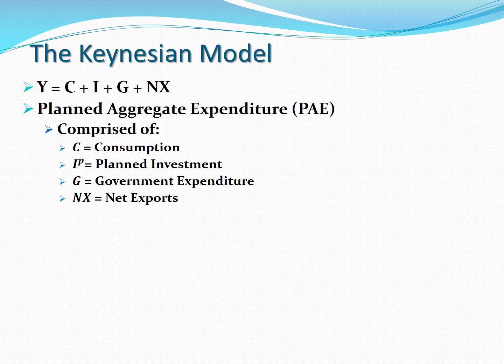Our planned investment may be different from actual investment because actual investment will reflect inventory adjustments. So planned investment is the level of purchases of new physical capital, but now we're interested in inventories and the planned level of inventory. So people expect to have the same amount of inventories that they did last year. That planned amount is going to be in planned investment.